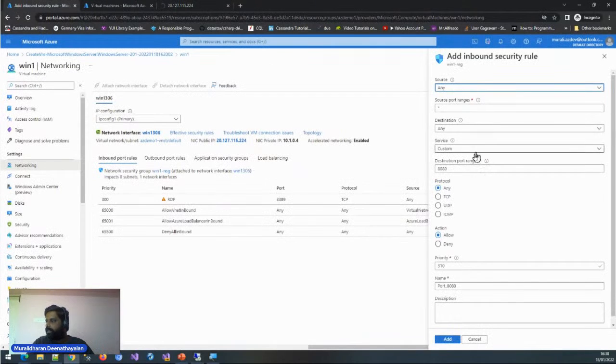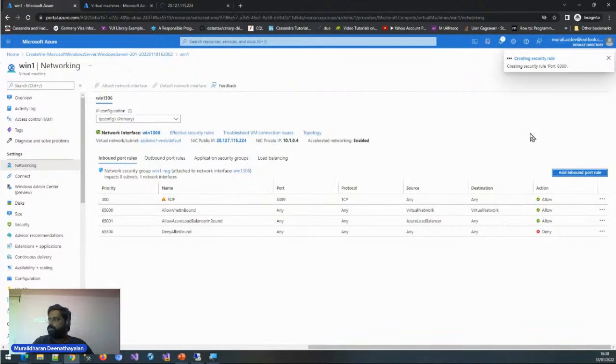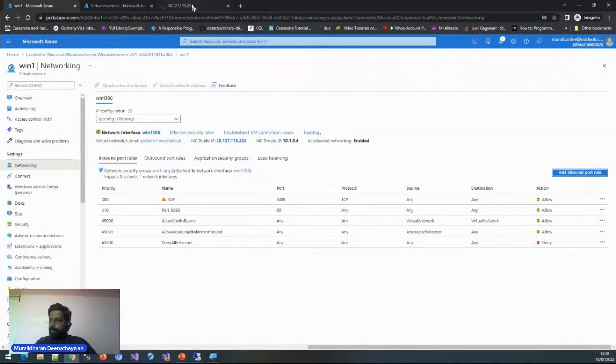So let me come back here. I'll open port 80. Then I'll click OK. So it is applying the security rules. Now we should be able to access the web application inside the machine as well.